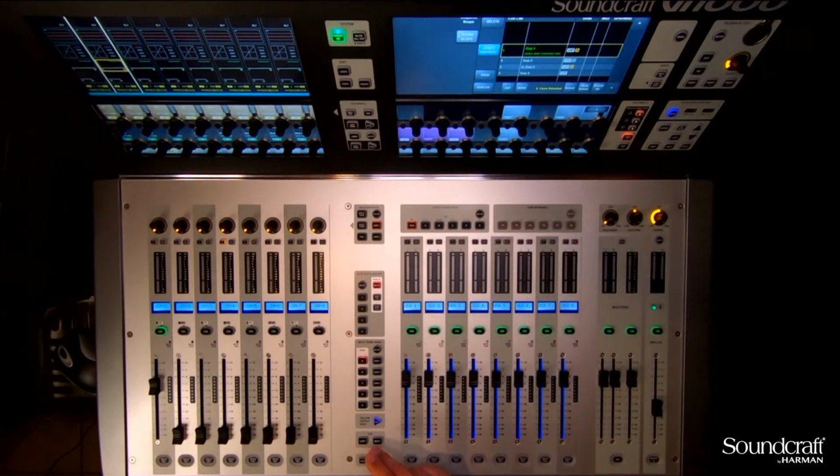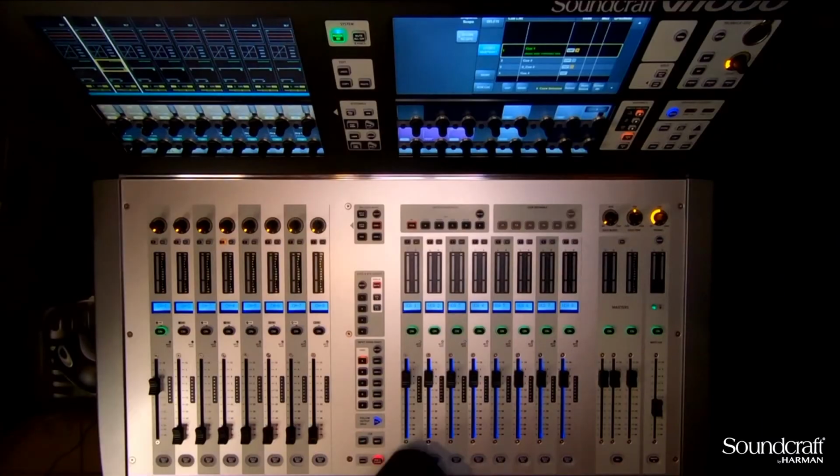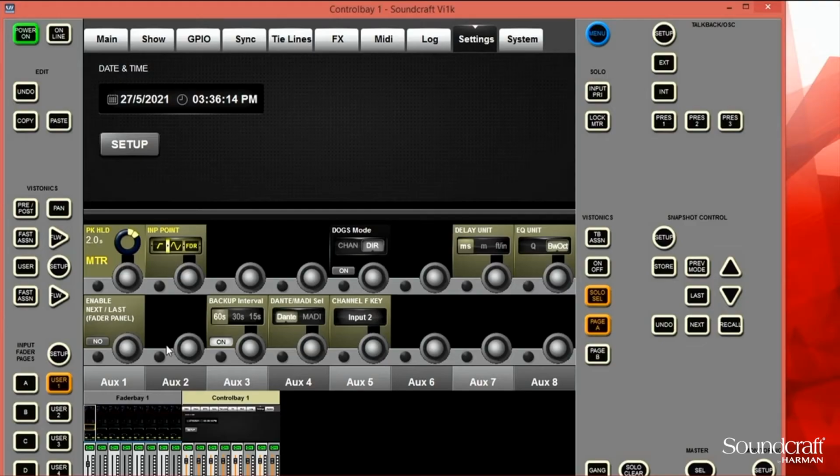Right. But you'll see when you start up the console, they are deactivated, because it can be quite dangerous having them on. If you accidentally do this with your elbow, you can go on to the next snapshot, which might be a mute scene, and that will be interesting. So you have to switch it on. It's under settings, and it's that button there. When it's on,